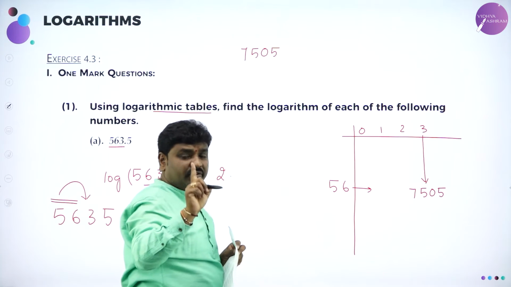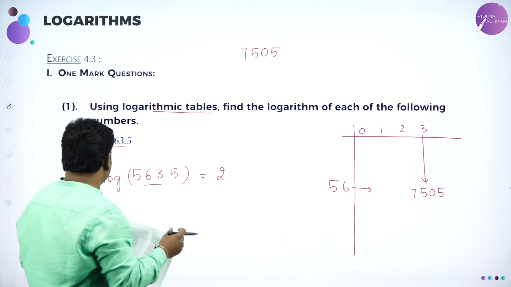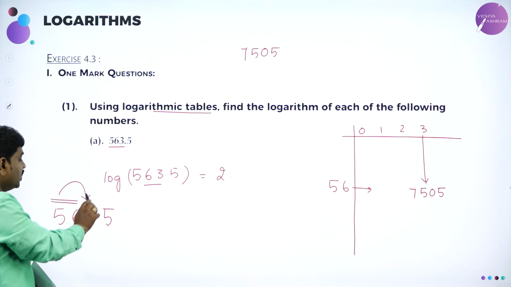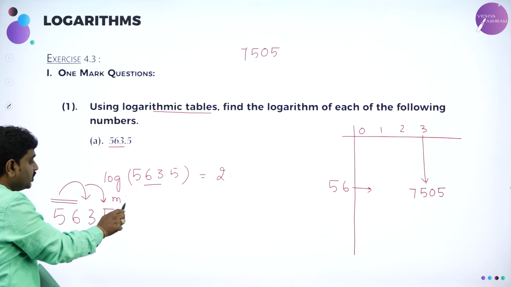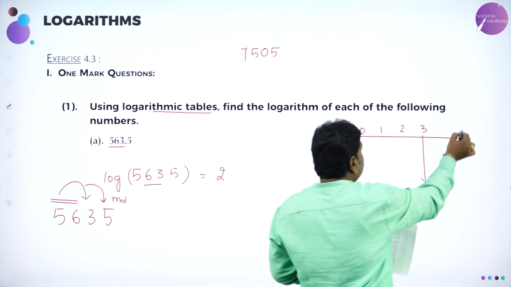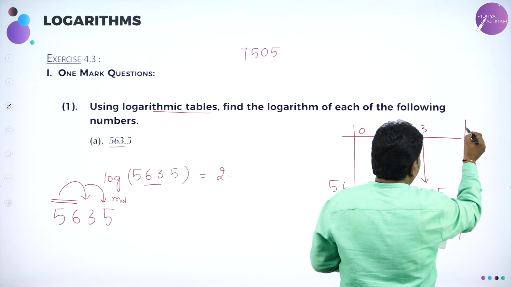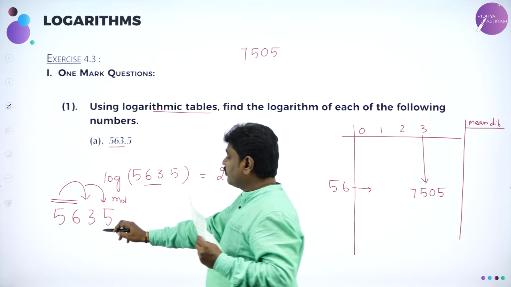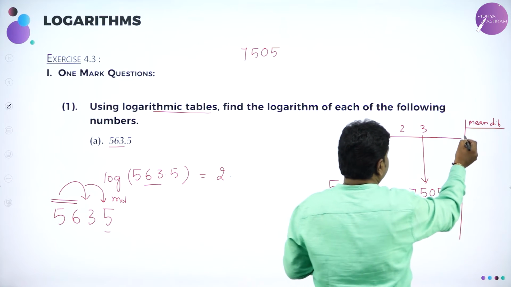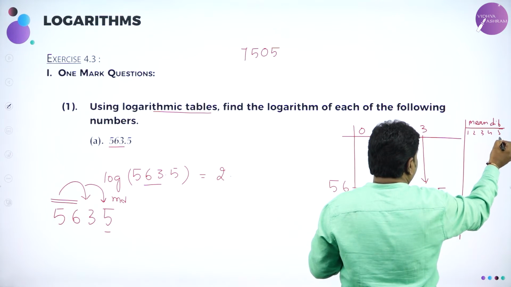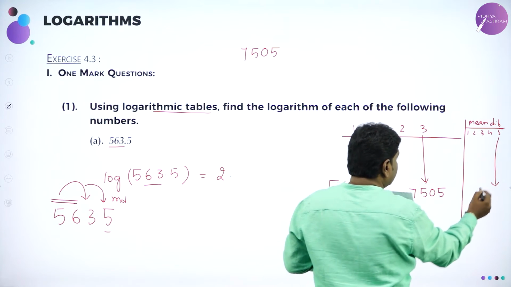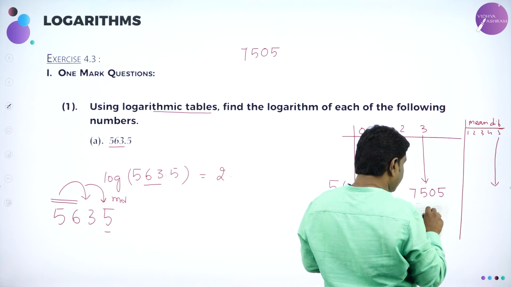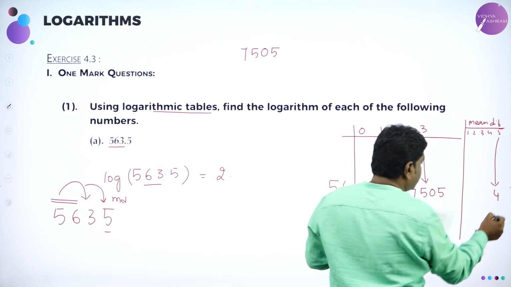Dear students, if you understand one problem perfectly, the remaining you can do. From the left I took 2 digits, 56, then 1 digit, 56 under 3 I should see, then under 5 the mean difference, MD. In the same log book, after a column, they will write the heading mean differences. In that mean difference, I should see column 5. Mean difference starts with 1, 2, 3, 4, 5. Under 5, in the same row 56, under mean difference 5, we will have a number 4.